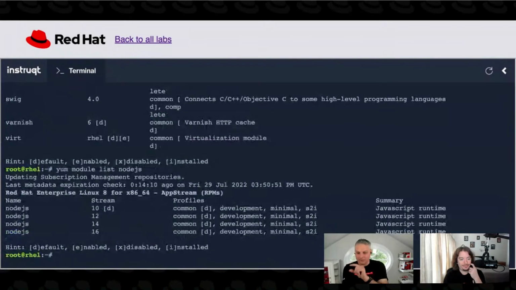I figured I'd just pull up the Node.js module specifically, since that's what we're talking about. Perfect. So you've got 10, 12, 14, and 16. Depending on what your application's running, depending on what your needs are, you can actually lock yourself into a specific stream, which is tied to a major version. So next up, we're looking at the Node.js module list. Why don't we go ahead and install Node.js? What we're doing when we do a module install is we're basically enabling that application stream and then tying in the default version. So if we go ahead and hit return here,